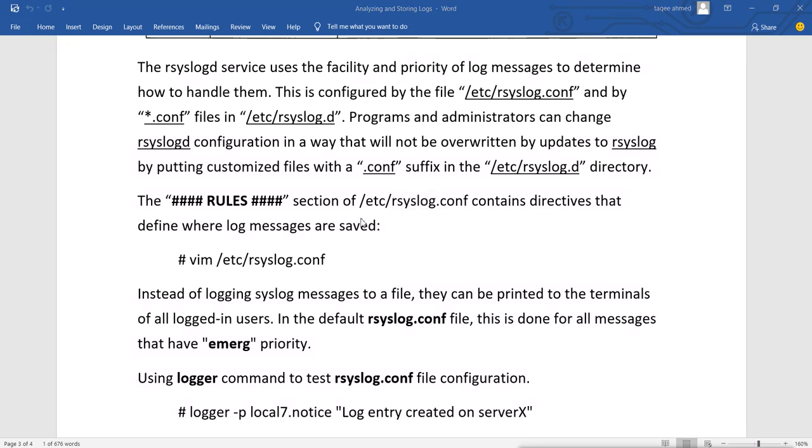Under the main configuration file we have a section called rules, and when you open this file, you will see this section. It defines where the log files will be saved. Now let's check that file first.